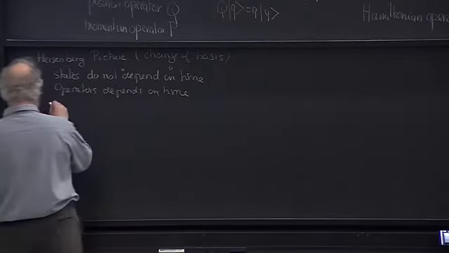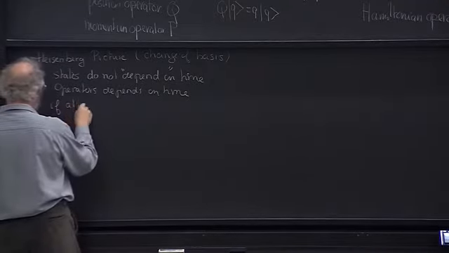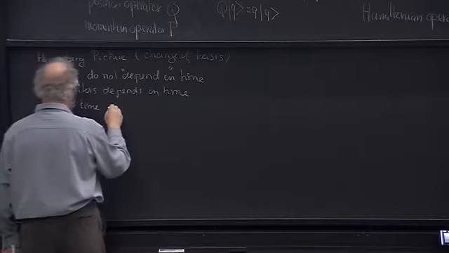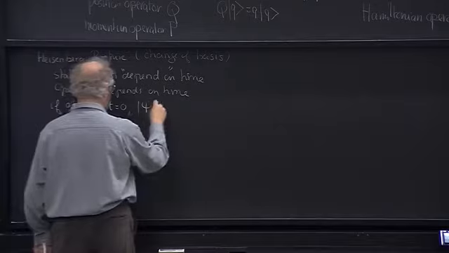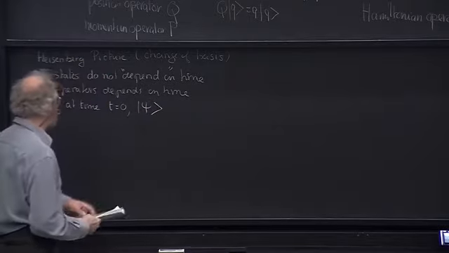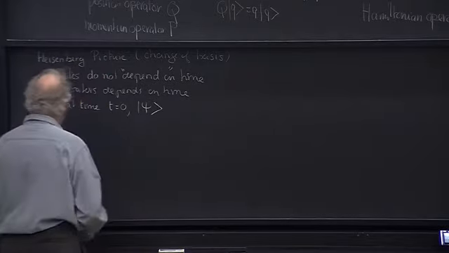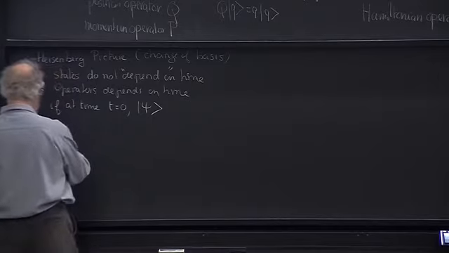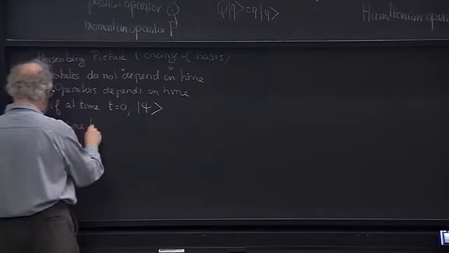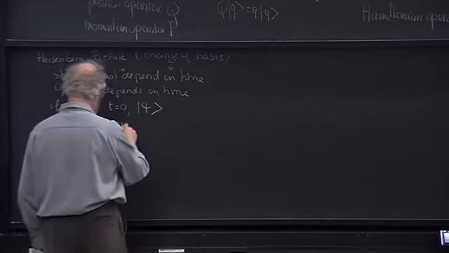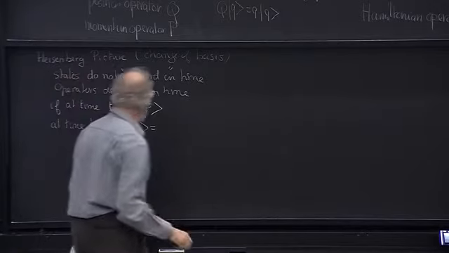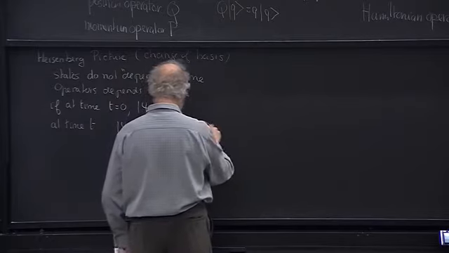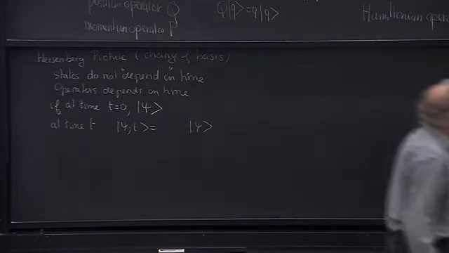So if at time t equals 0 my quantum state is defined by a wave vector psi, then at time t, what I call psi of t is just the initial state while I absorb